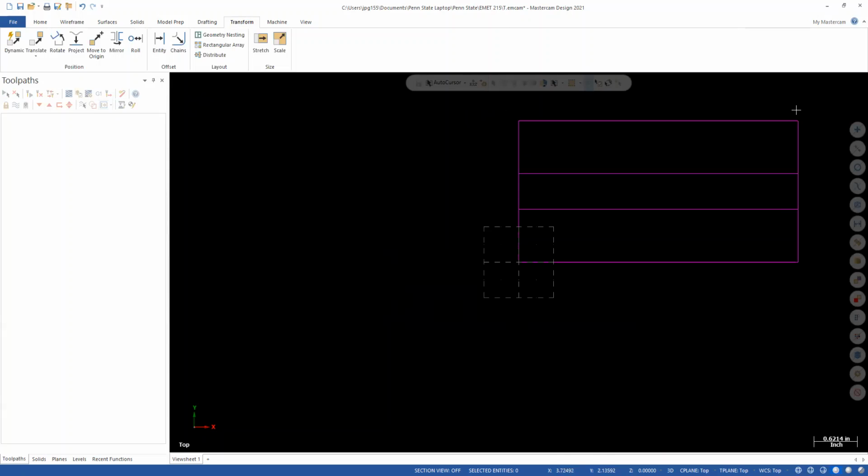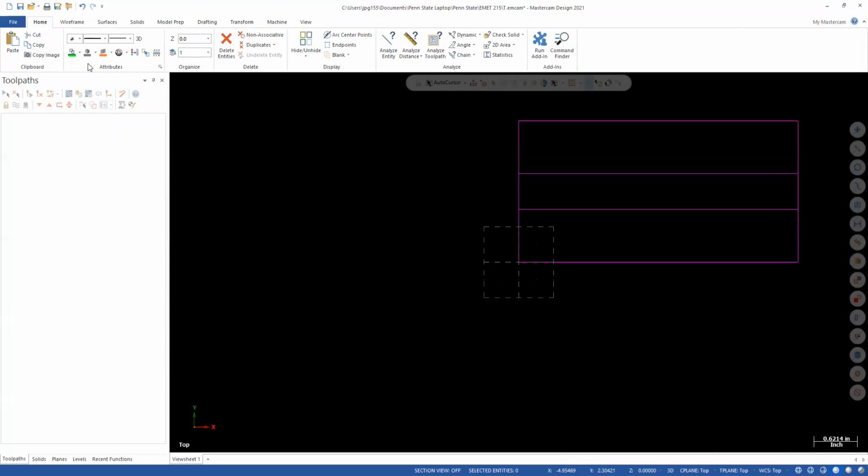One more thing before we leave this video, you'll notice that I now have this rectangle and the toolpath representation here. Everything is turned purple. You can actually go back to the Home tab and use this function called Clear Colors to bring everything back to the original geometry color. So that concludes this video, and in the next video we'll go ahead and set up the toolpaths for this